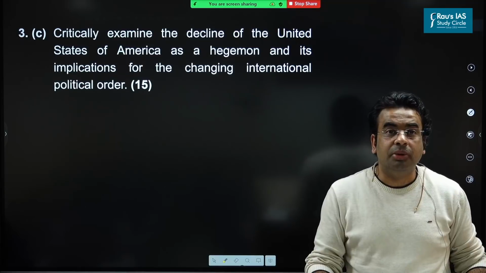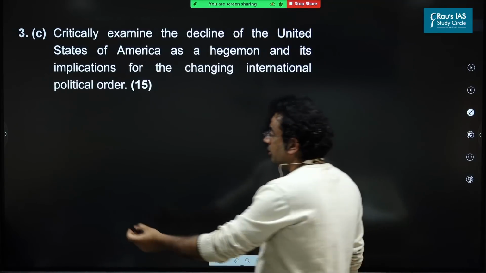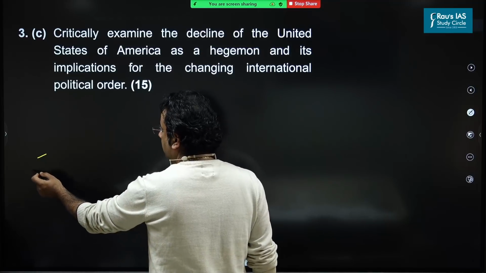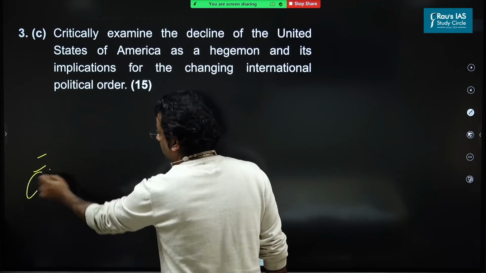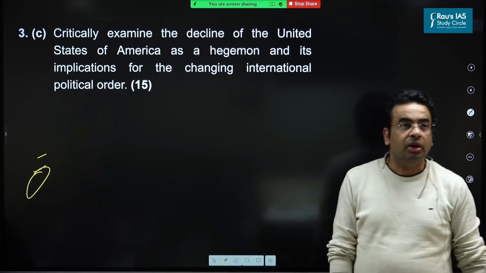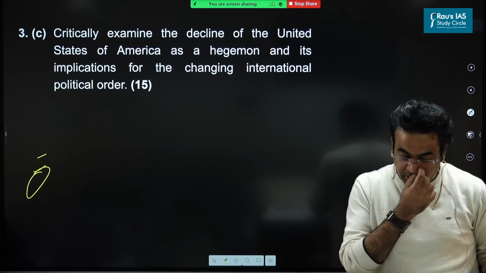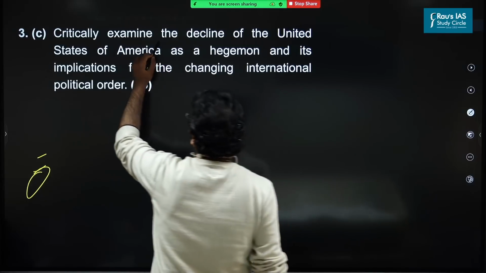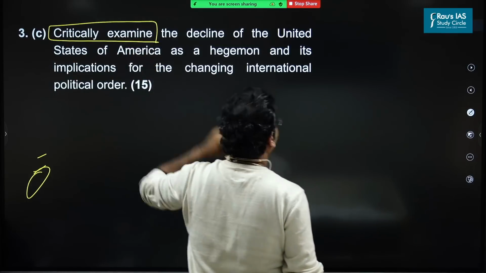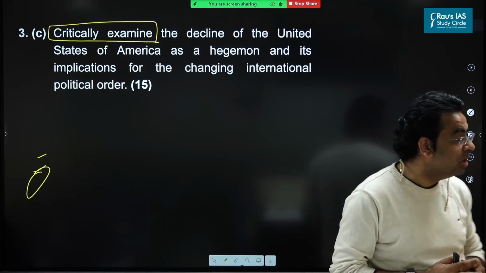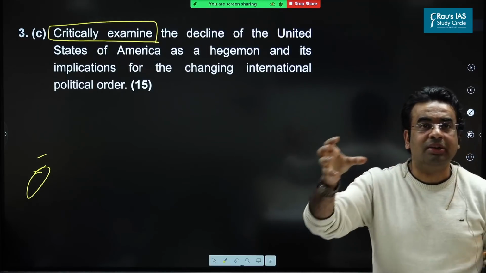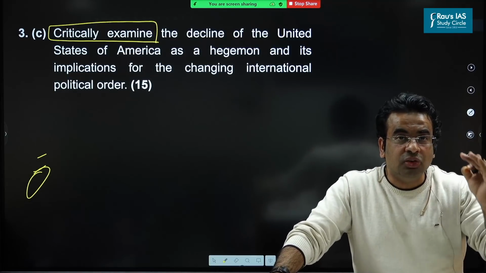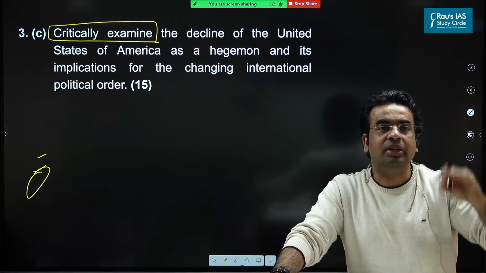Another challenge which comes in the mains is that sometimes in every question you might be aware of two parts but not the third one. So selection of questions sometimes becomes the challenge. Now, critically examine the decline of United States. Here you need to focus on the words critically examine. It means they have not asked this question as, comment that the US hegemony has declined in world politics. If the language of the question would have been, comment US hegemony has declined,